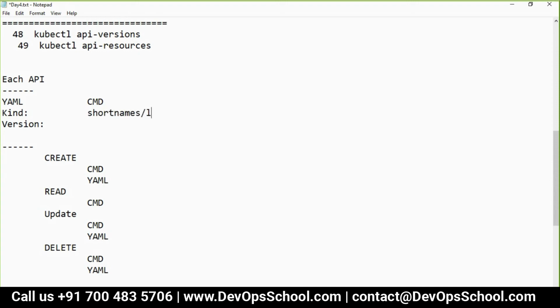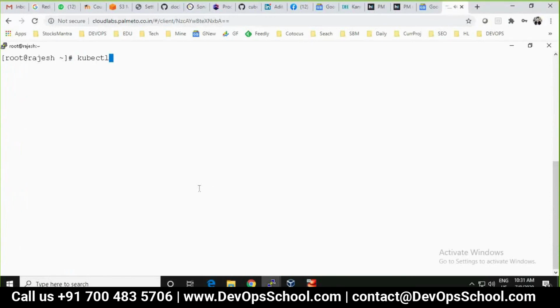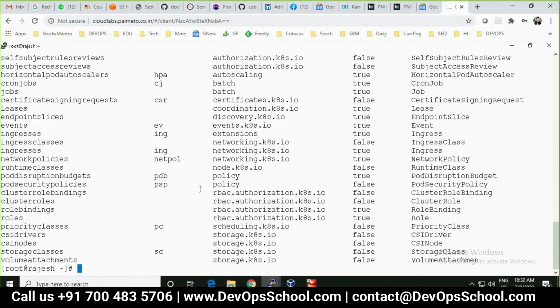Long name also you can use, but no one is using this. I showed you already. See here, the short name.